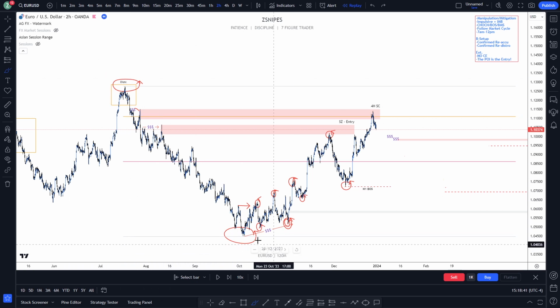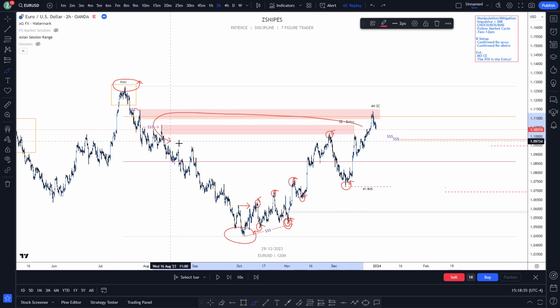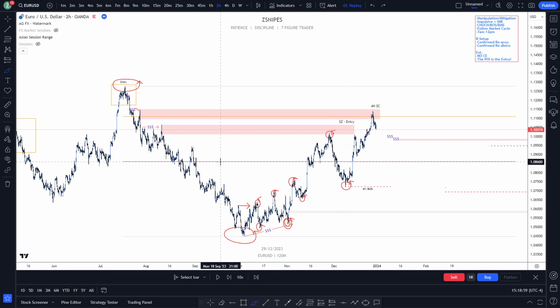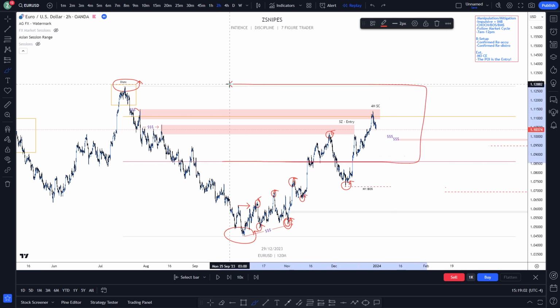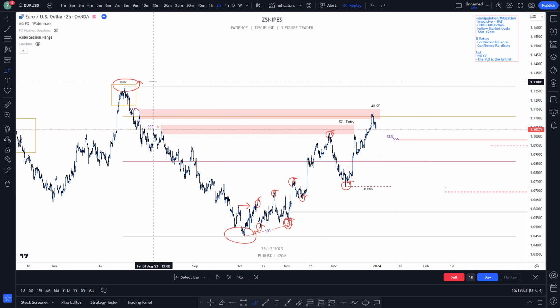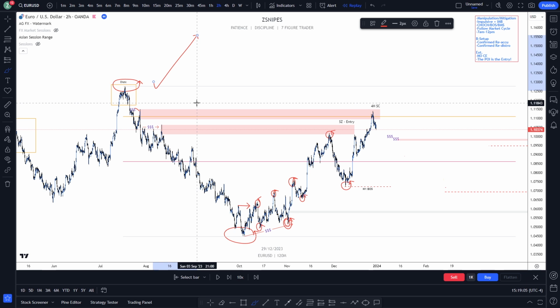Okay, so we have this higher time frame to the downside. We know that we want to look for buys once the market is showing us this intraday is bullish. Even though we know higher time frame is bearish, we can still take this intraday bullish move towards the upside until we get into supply zones here. That's when we'll start looking for sells, because we are back in premium pricing.